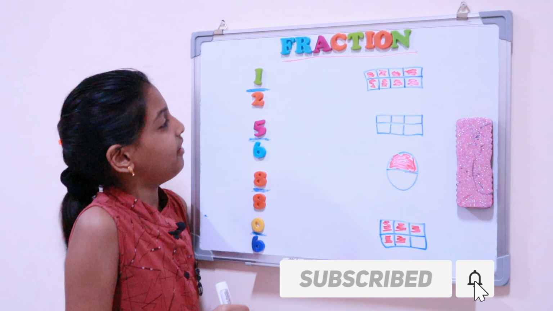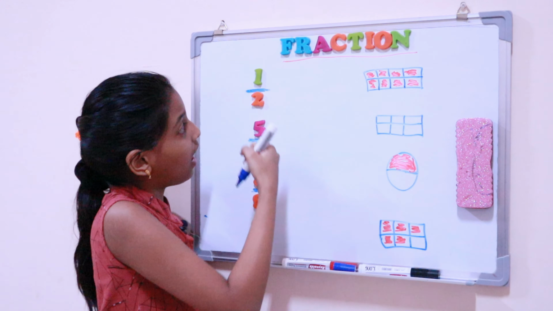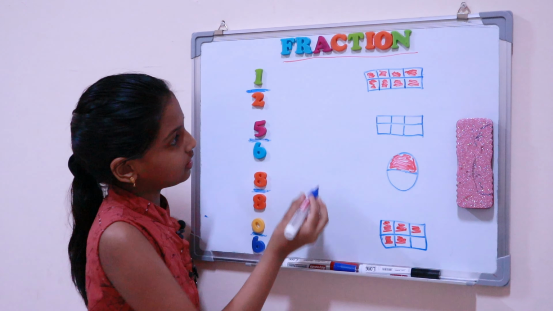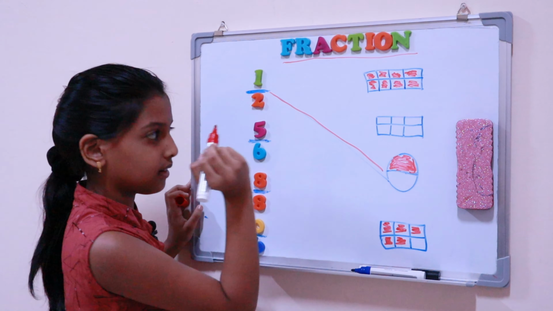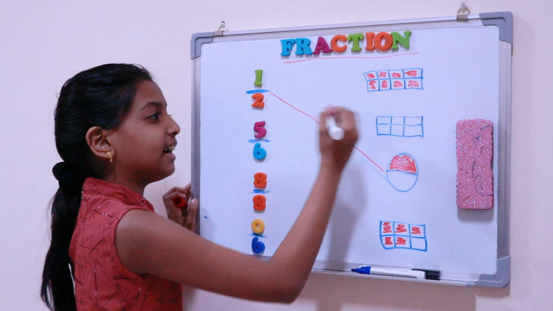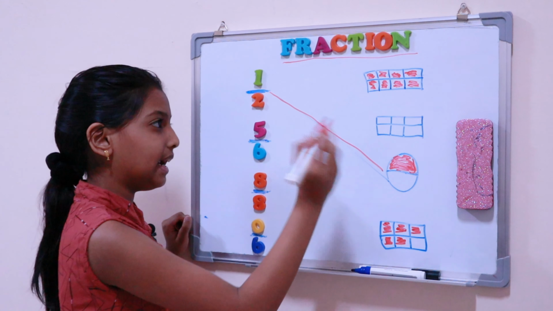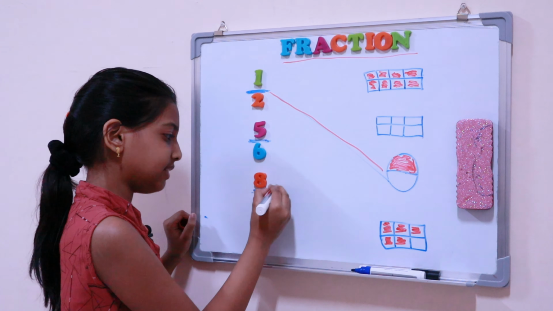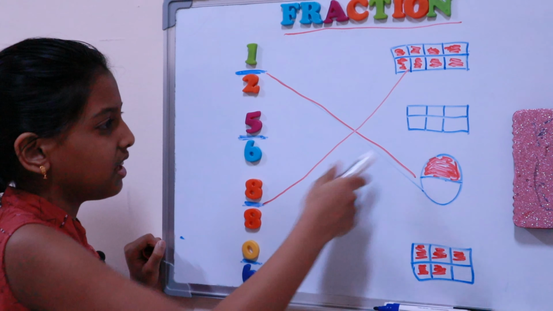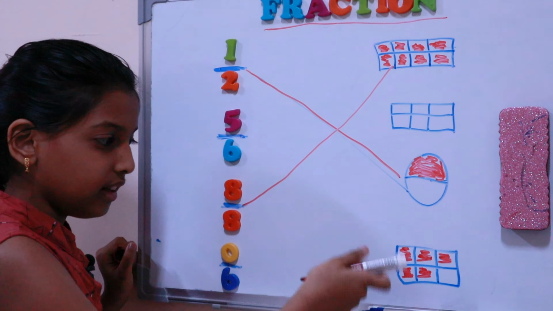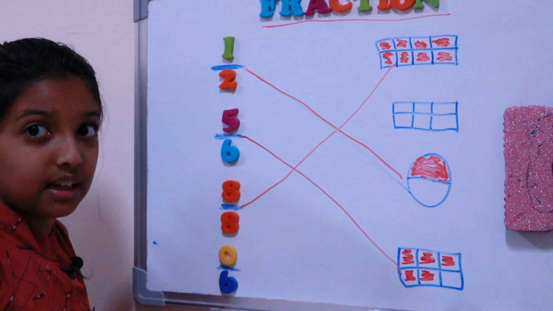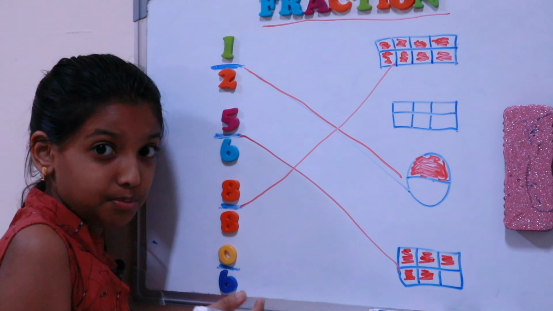Now can we do the match the following? What do you think is 1/2, 1 by 2? Which do you think it is? I think it must be this. So this is having 8 and fully colored. So 8 by 8 is the answer. So this is the answer. So this is 5 by 6. So in 6 boxes there must be 5 colored. This is blank. This has 5 colored in 6 boxes. So 0 by 6. If the numerator is 0, that means it must be nothing.